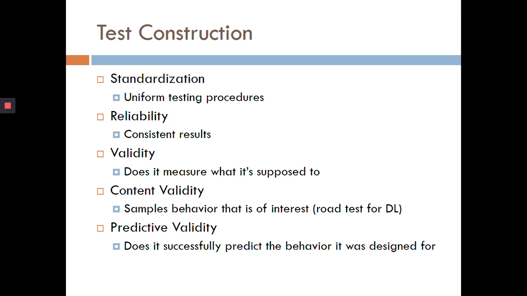Okay, then we have to look at content validity for a test, which basically, when you are taking a driving test, okay? So when you go get your driver's license and you have the written test, but then you actually have to go out and drive on the road. That test has content validity because it samples a task that you have to routinely face, okay? So it's practical. Then you have predictive validity, and does the test, whatever kind of test it is that you're taking, successfully predict the behavior that it was designed to? Okay, this is also called criterion related validity. So is it predicting what it was designed to do?